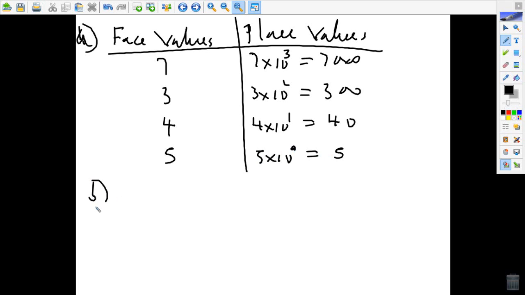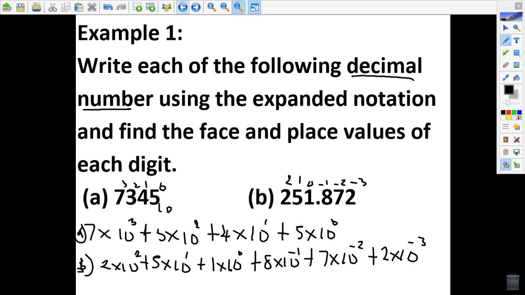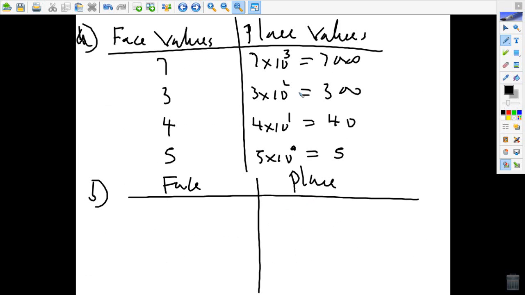Now the B, the face value, and we have the place value. So the digits we have are 251782. Now the place value of this: